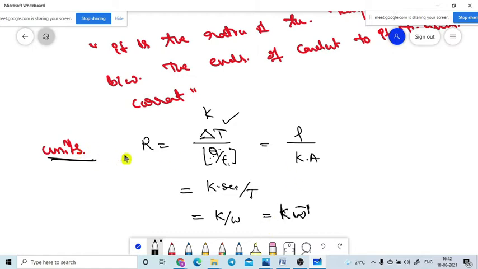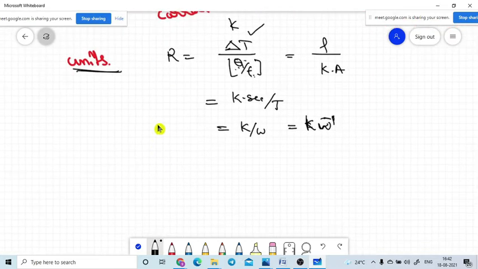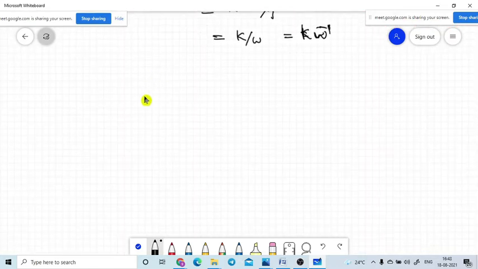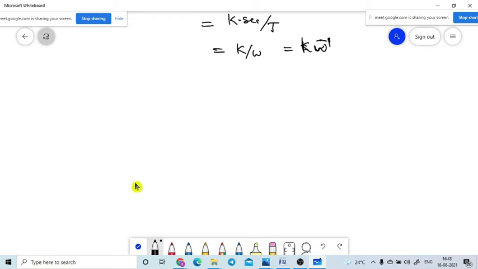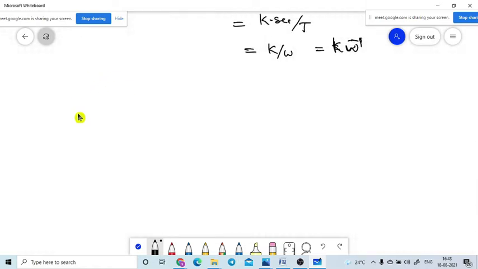That is the unit of the thermal resistance of the material. Now we are moving to a somewhat difficult topic. You need to keep it in your mind with more concentration, otherwise you won't get any knowledge from this. You need to apply each and every formula while solving problems. That's why I am taking special care in this one.